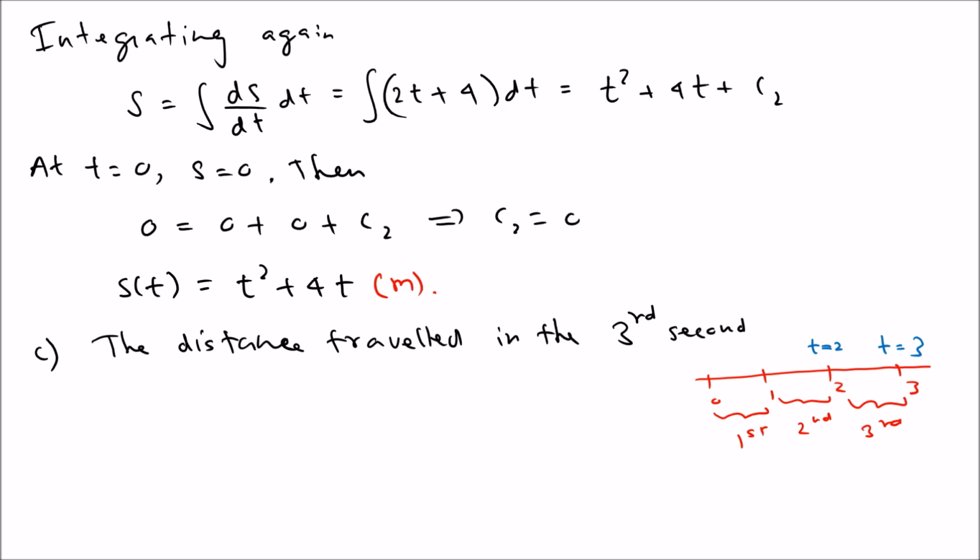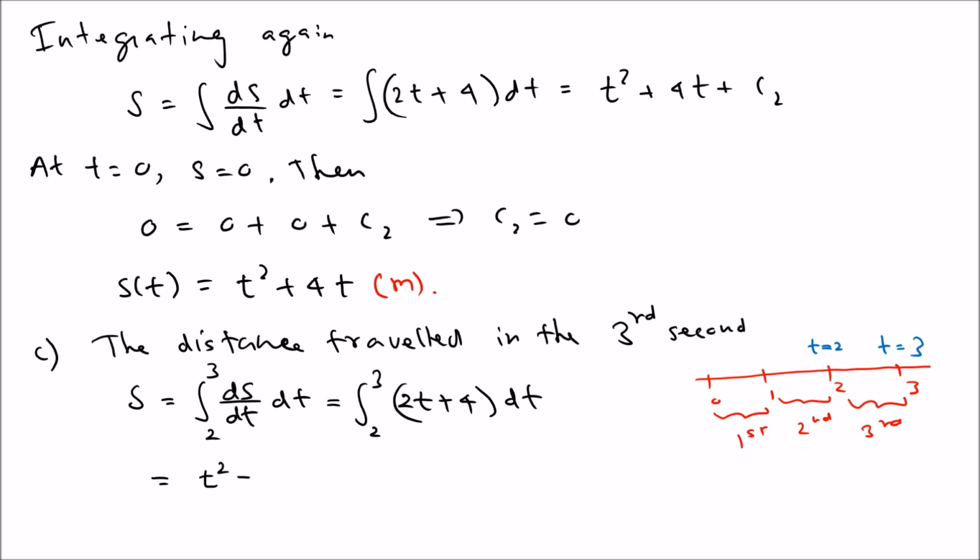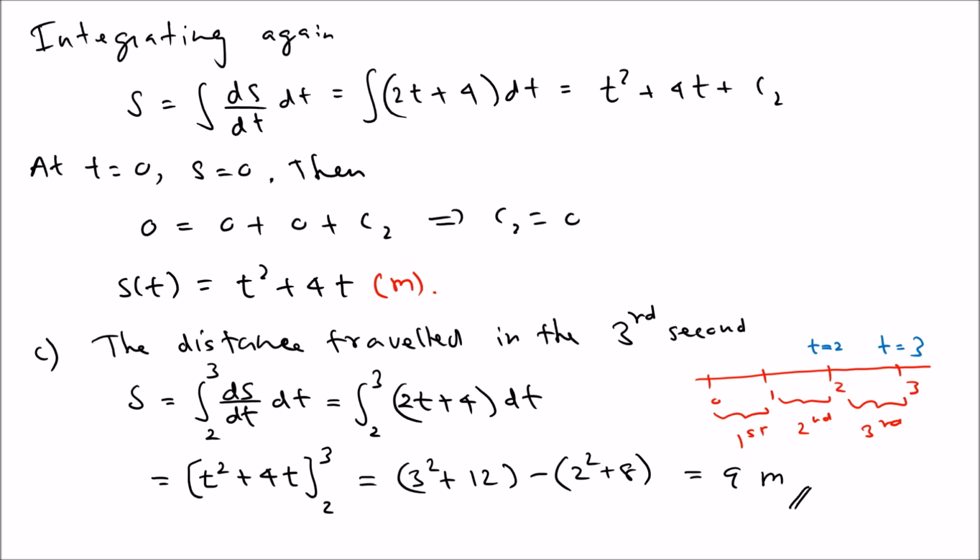So that means the distance is simply the integral going from 2 to 3. You integrate the velocity function from 2 to 3, so that is the integral from 2 to 3 of 2t plus 4 dt. So this is t squared plus 4t, evaluated at 3 and 2. You don't need to add the constant here. It's a definite integral. So let's plug in 3. It is 3 squared plus 12 minus 2 squared plus 8. So what do you get? 12 minus 12 cancels, leaving 9. So 9 meters is the distance traveled in the third